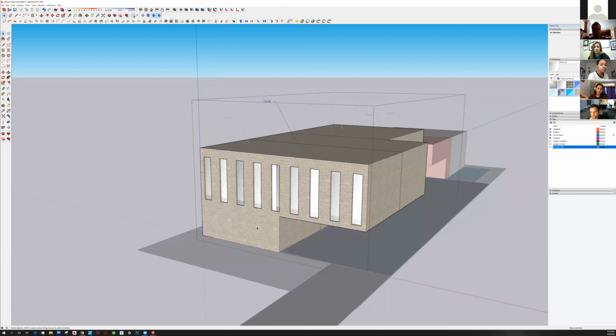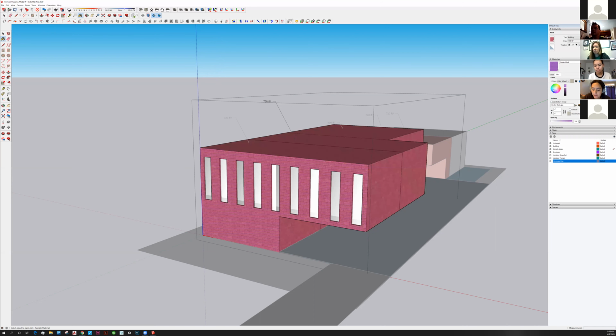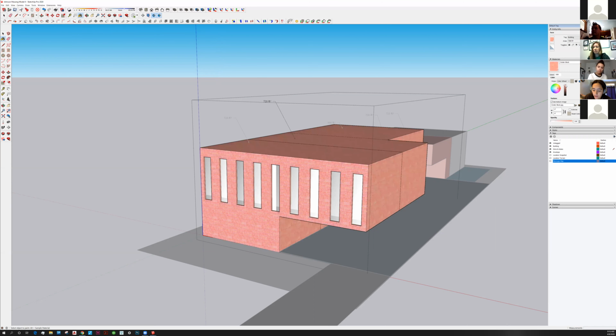So the last thing I'm going to do is go back to the cinder block. I'm going to edit it. And you can change the color by selecting things here on the color wheel. So we could make all sorts of different colors, as if we're painting cinder block. But then this is how you start to give your clients a more realistic